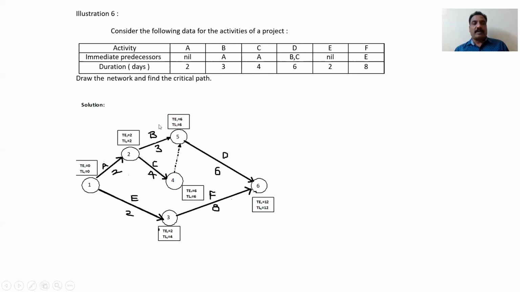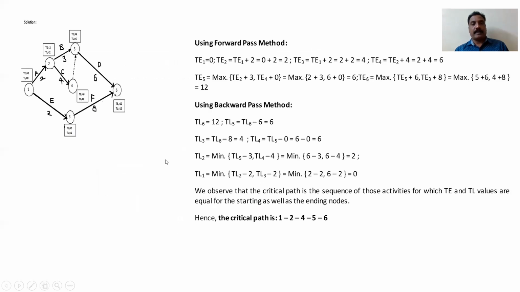Now the network diagram is over. Now what you have to do is find out the critical path and the project's duration: in how many days the total project can be completed. That is the project's duration as well as the critical path. I'll show you. In the next slide, again I'll take up this figure, again for our reference purpose.